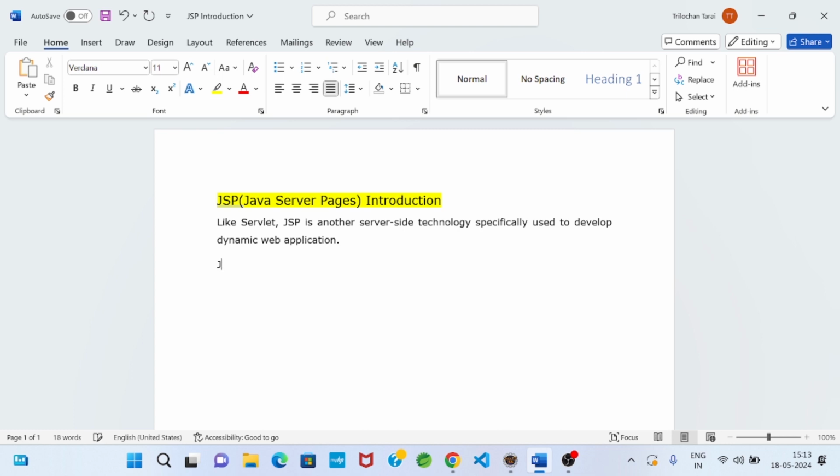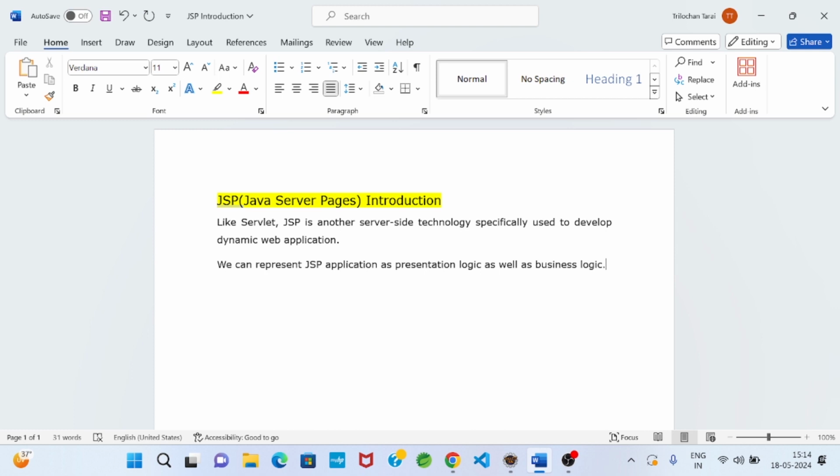And JSP can be used as presentation logic as well as business logic.